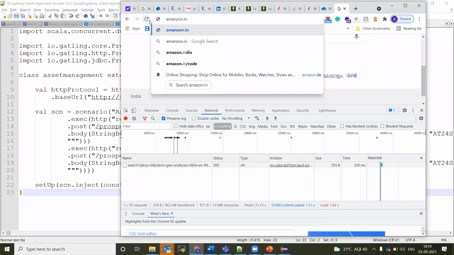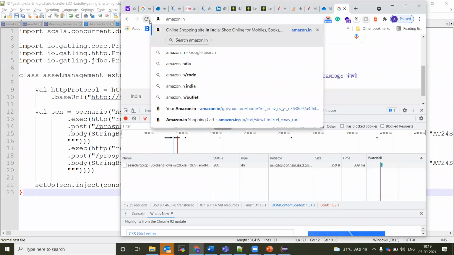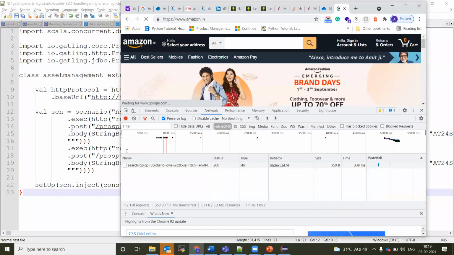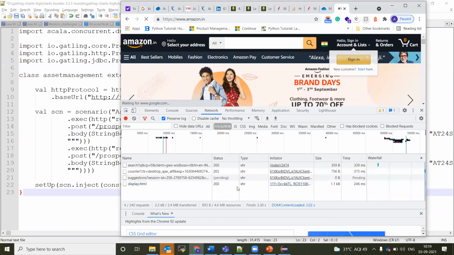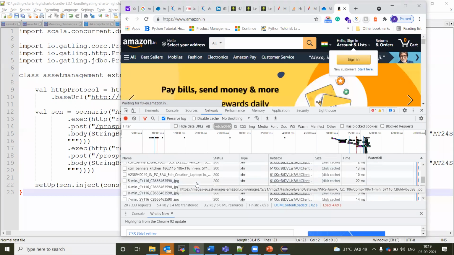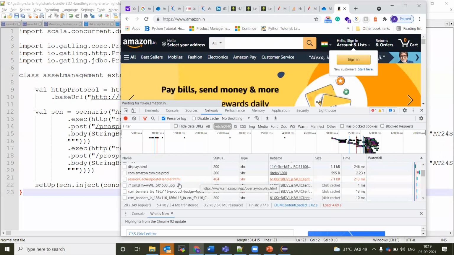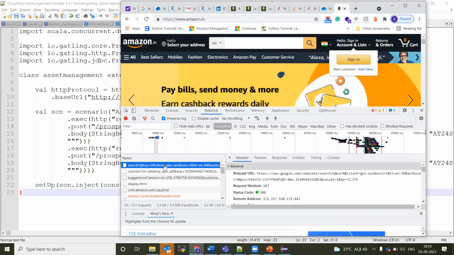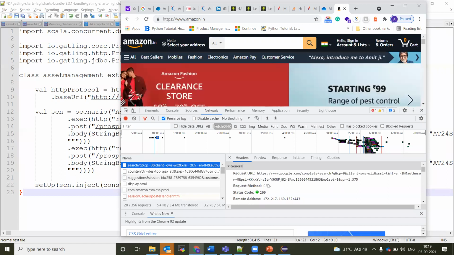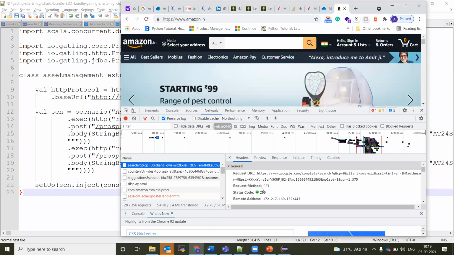Arun, try Swiggy. I'm just trying to get the methods. So for Google, you can see that the request is a get method, right?